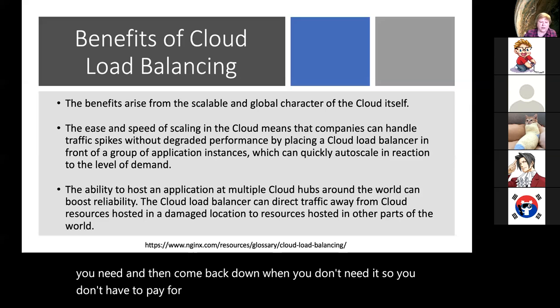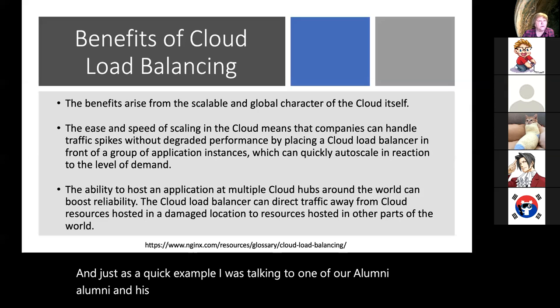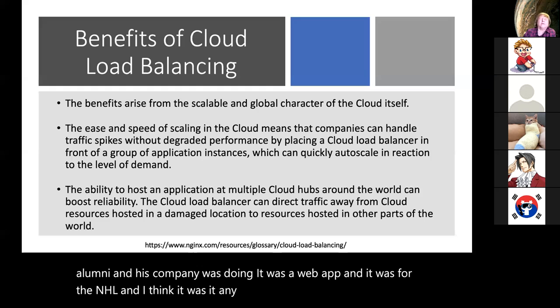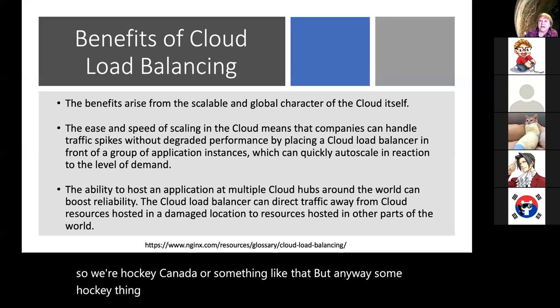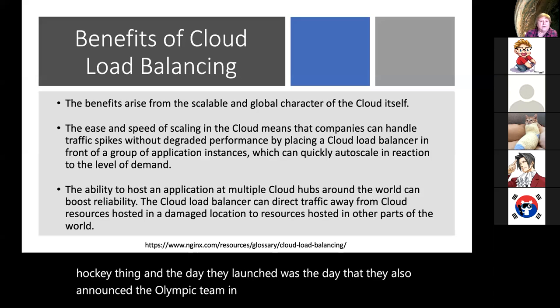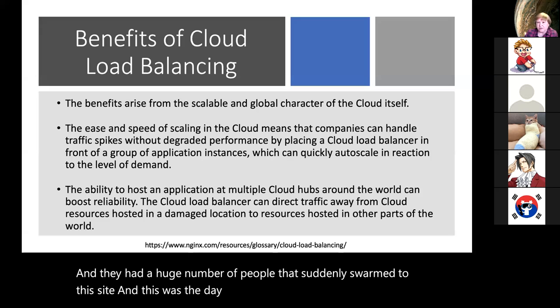And just as a quick example, I was talking to one of our alumni, and his company was doing a web app for the NHL, I think it was. Was it the NHL? Yeah, I think it was the NHL. Or Hockey Canada or something like that. But anyway, some hockey thing. And the day they launched was the day that they also announced the Olympic team in men's hockey. And they had a huge number of people that suddenly swarmed to the site. And this was the day they opened the site. So they were having the big launch,